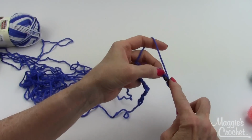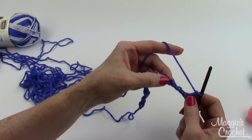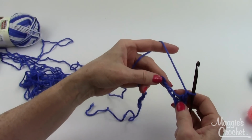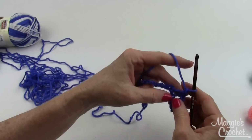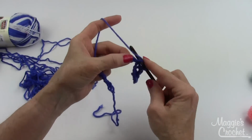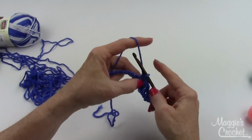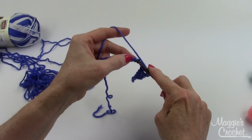So there's the first one, here's the second one, like that, and then you chain 1, you skip the next chain, and you single crochet in the next chain all the way across the foundation chain. So I'm going to skip this one, single crochet in the next one, chain 1, skip this one, single crochet in the next one, chain 1, skip this one, single in this one, chain 1, skip the next one, single in the next one,